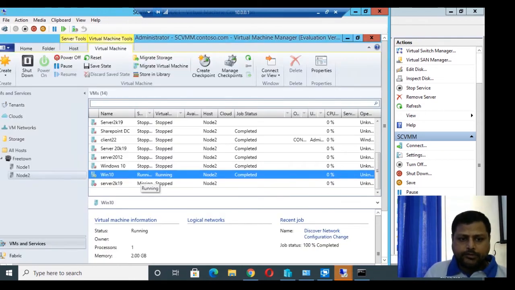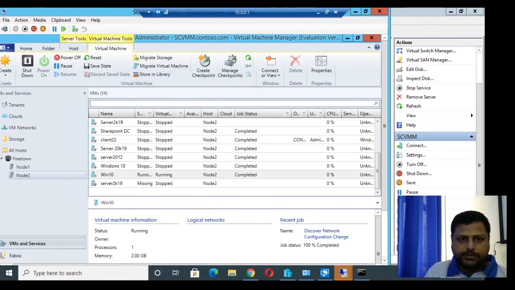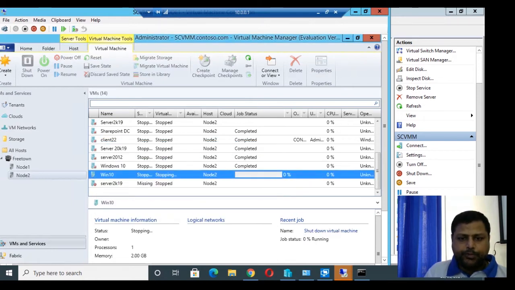We can shut down also from here, and you can see that we will go to the system and shut down the system from the cloud itself. So that is the beauty of cloud structure, where we can start our system from the remote location from the cloud, and we can start, we can stop, we can shut down, we can move.